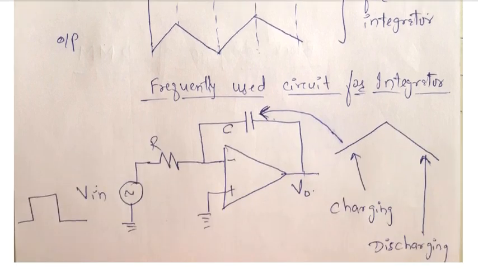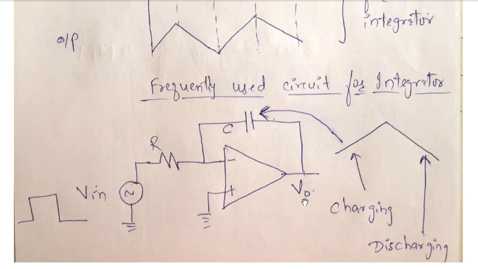Now let me show you this particular circuit. This is the most frequently used circuit for an integrator. This circuit, if you can see, majorly consists of an op-amp, that is, the op-amp is the heart of the circuit. Each one of us has already studied what an op-amp is. This is the feedback path, and in the feedback path you have a capacitor. Then to the inverting input terminal you have this resistor. To this resistor we've connected some source of voltage. Let that source of voltage be called V input. And the non-inverting terminal is connected to ground. And of course on the right hand side, as you can see here, you have the output voltage.